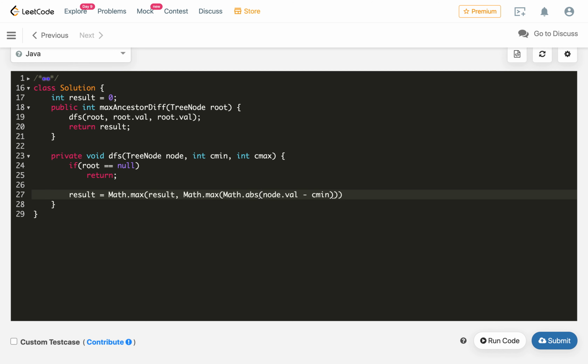After copying, we will put the comma, and this will be the second value, with node.val minus current maximum. From both of these values and the current result we will take the overall maximum. So, this is done here.